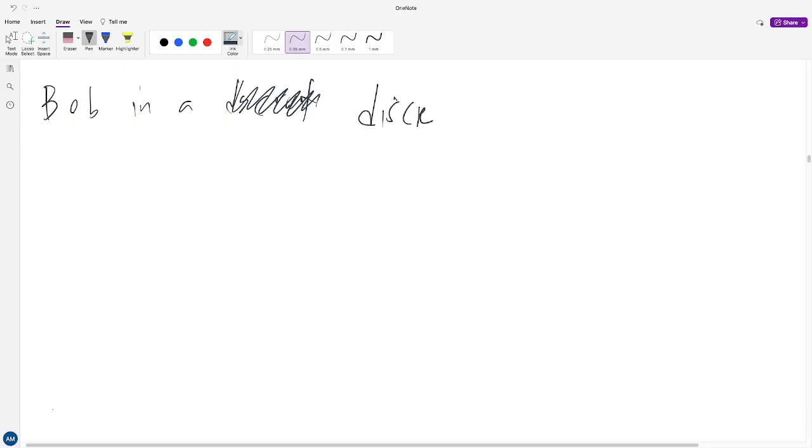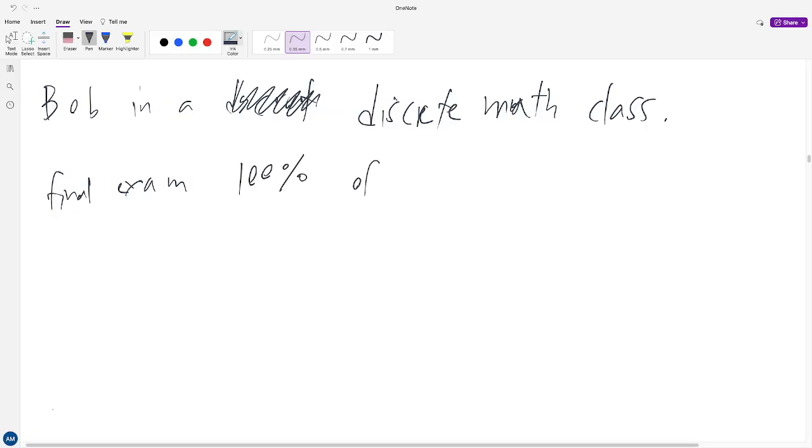Discrete math class. Say that this class is a weird class. The whole semester grade is based only on the final exam. So the final exam is worth 100% of the grade. Now let P be the statement